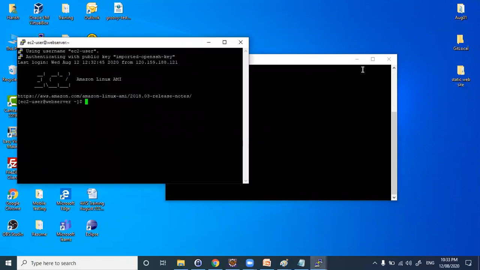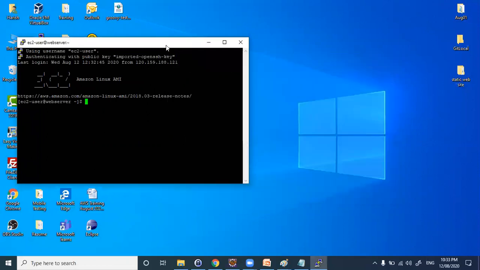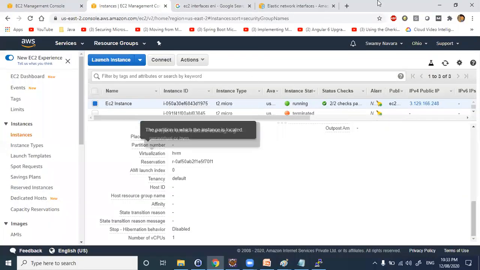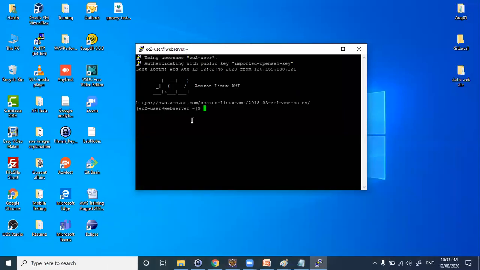Yeah, so the host name is changed. I guess we have missed something in that auto generation script, right? So we have seen the user data, right? In user data, we have not given it properly. We'll try it again while creating the next EC2 instance.